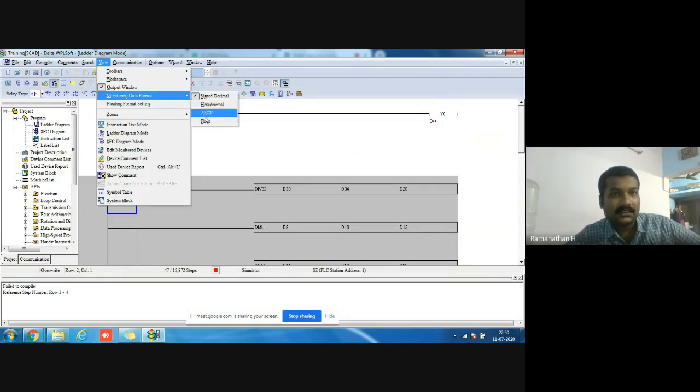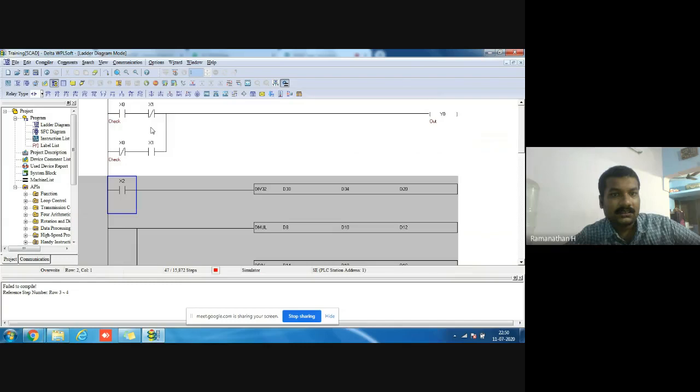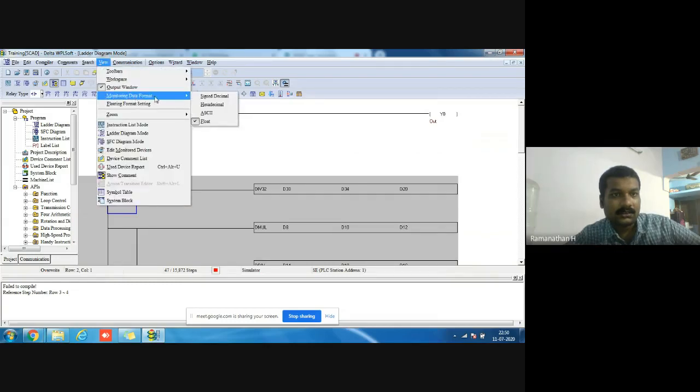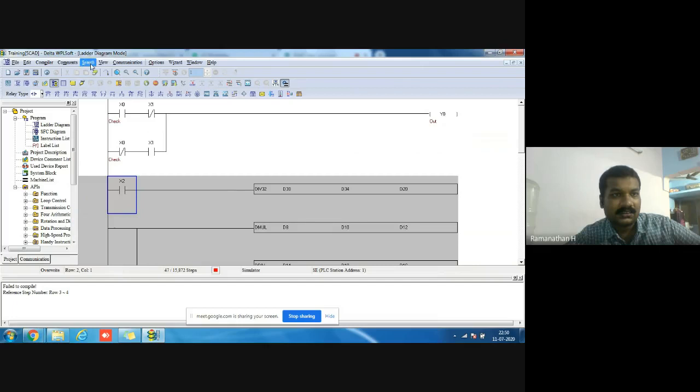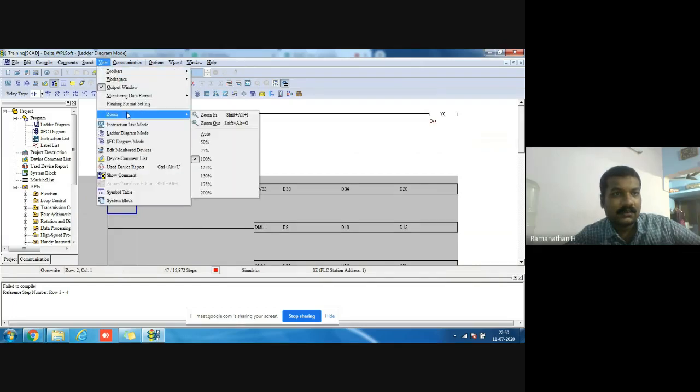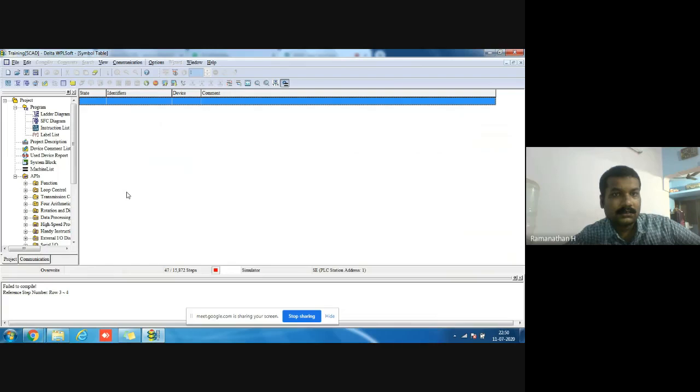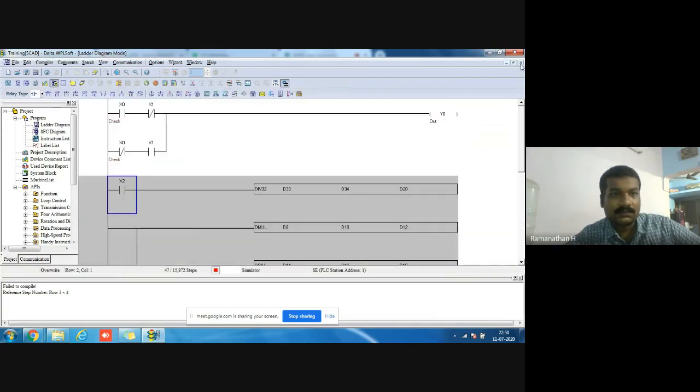So we select float, and floating format setting: number of decimal places 3.